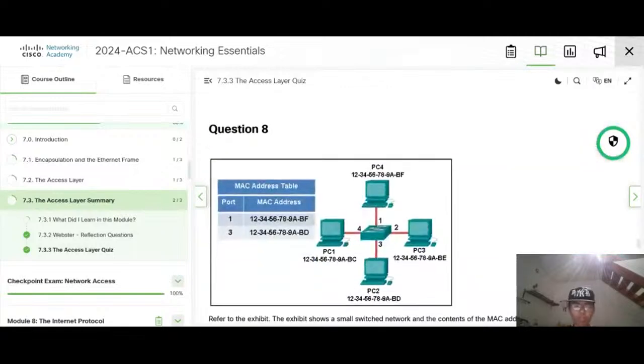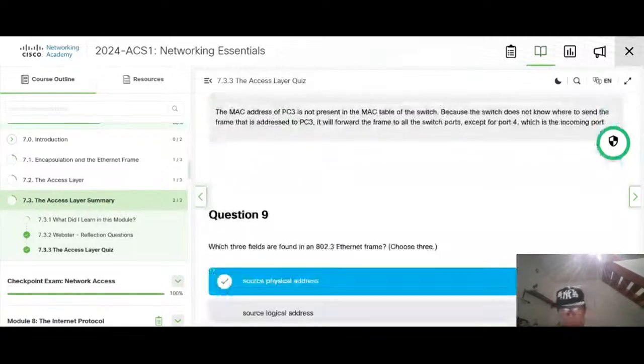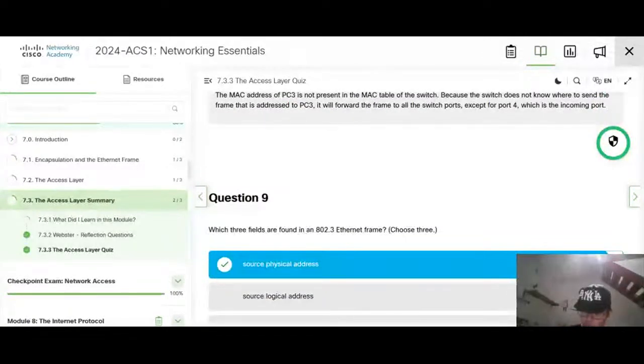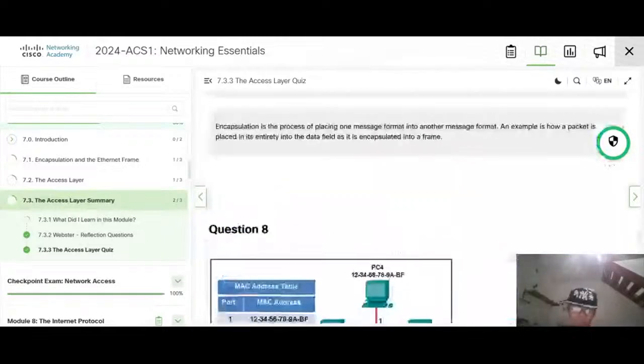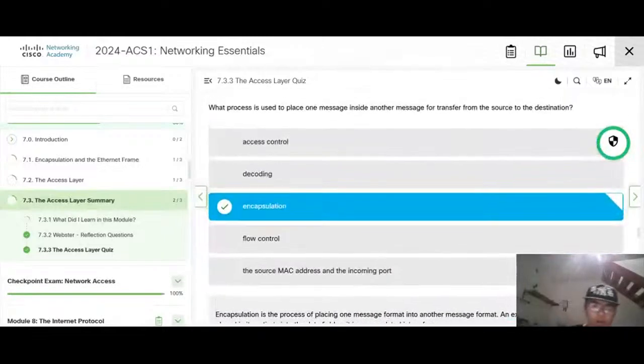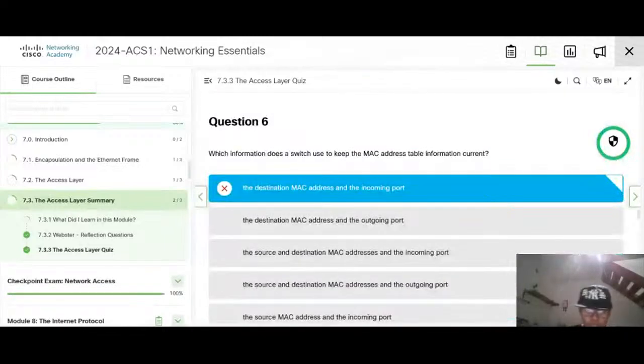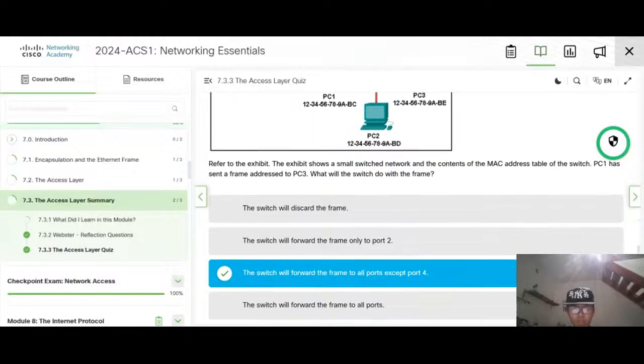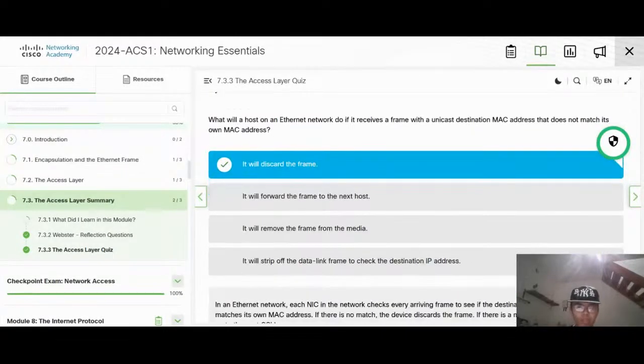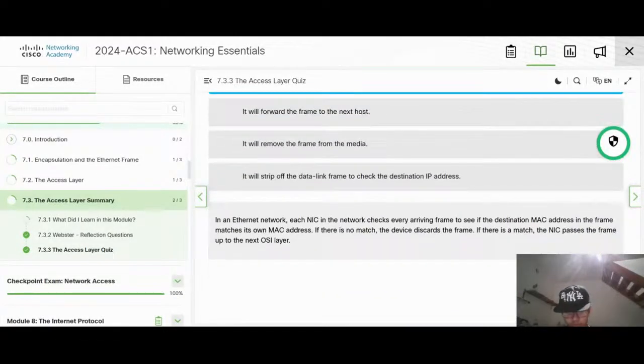Okay, this one is correct. Of course, also this: we will use the source physical address of layer 2 and the incoming port. And if it's not, discard the frame, of course.